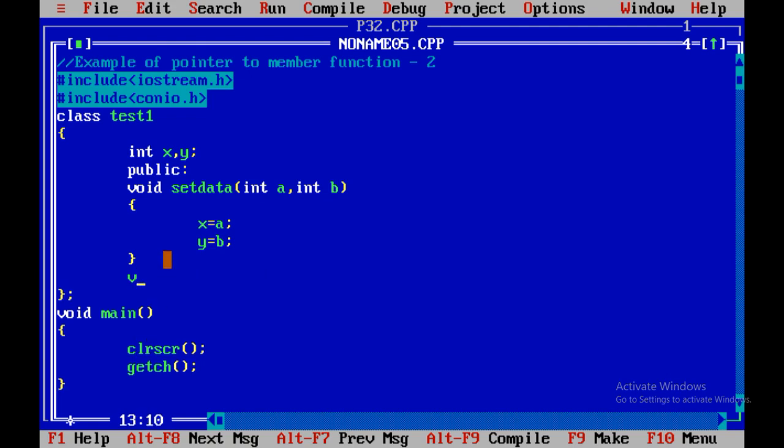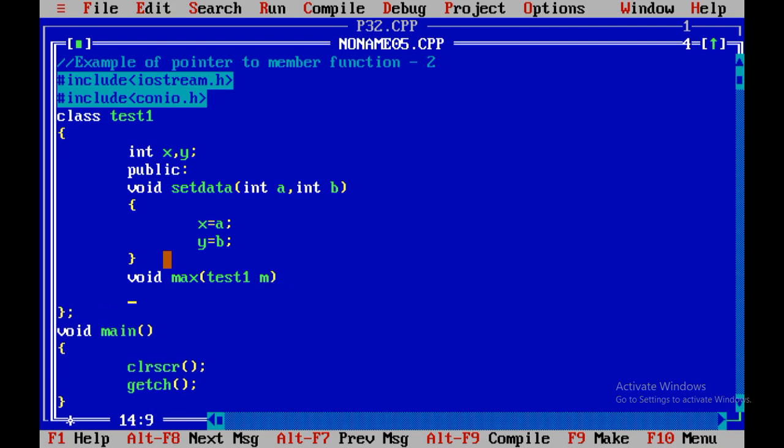Now void maximum function, I am going to declare max, test1 m, integer.